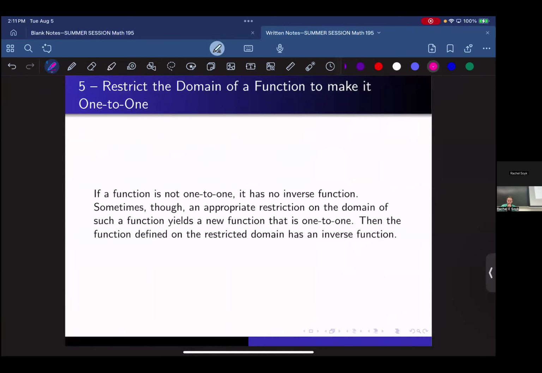Okay. And then finally, we're on the last objective where we are finally restricting the domains of a function to make it one-to-one. And I know I've said it so many times,